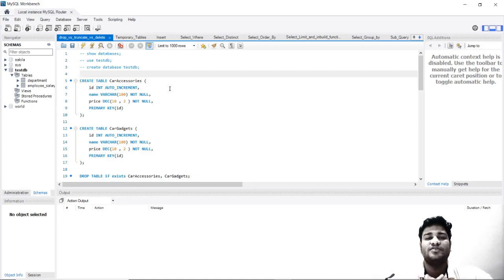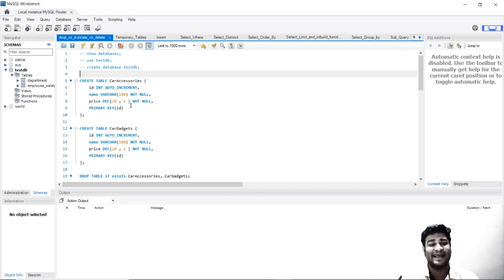So good morning friends. In today's class we will be discussing the difference between drop, truncate and delete. They are very important as per their functionality and even as per performance engineering. So what exactly is the difference between drop, truncate and delete? Let me explain in single liners for each one of them. Drop is something when you want to delete the table itself.